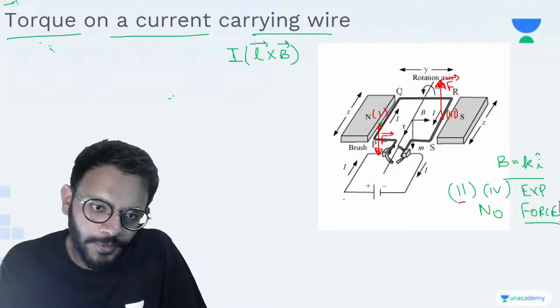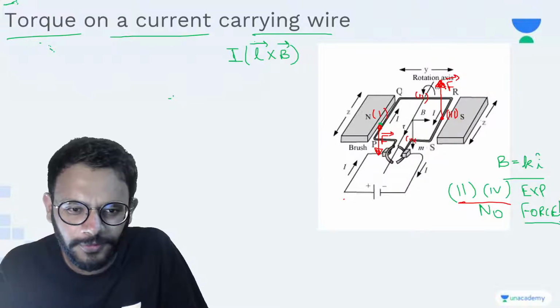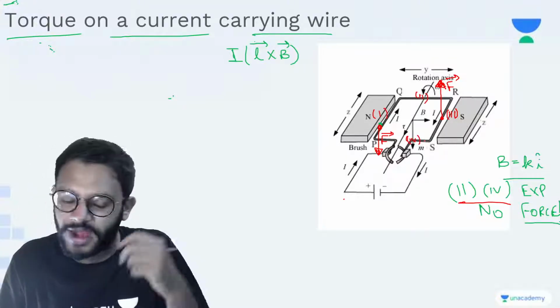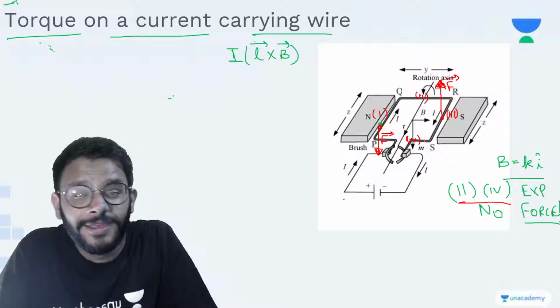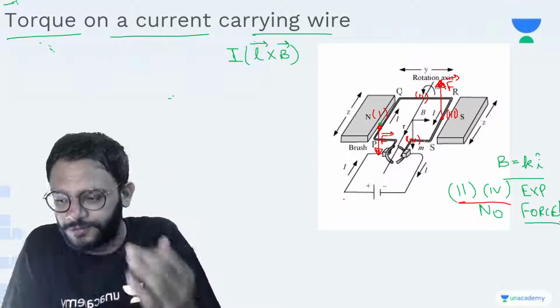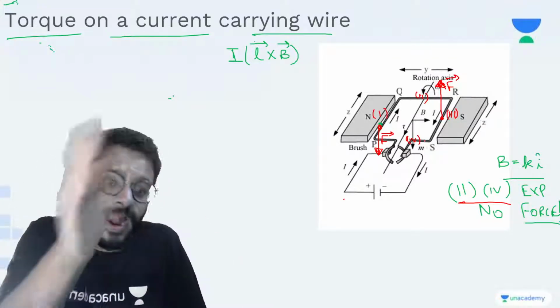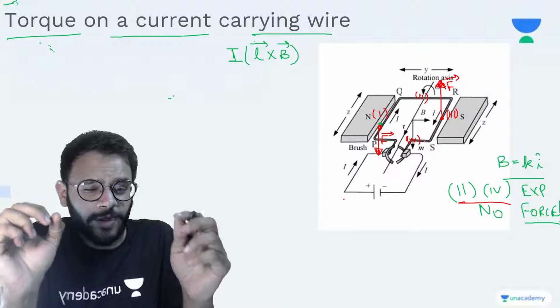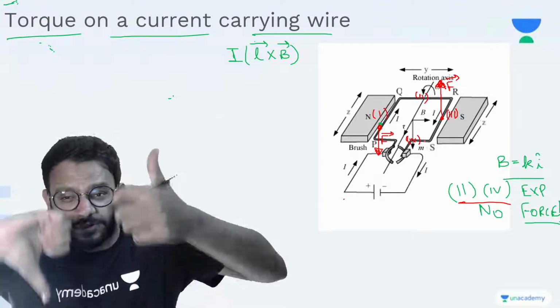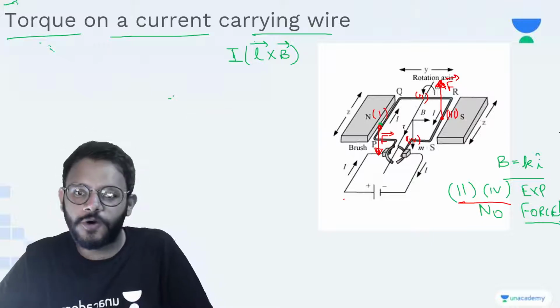So 2 and 4 experience no force. 2 is this one, 4 is this one, as the force is not going to act on these, as the magnetic field is in the same direction as the length vector of these wires. And what is going to happen now is that only the 1st and the 3rd wires are going to experience force, which are opposite in directions. The net force acting on